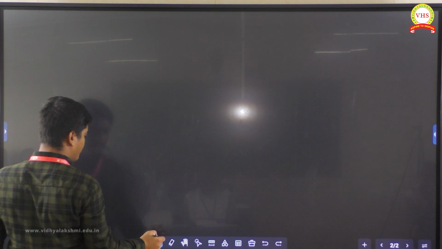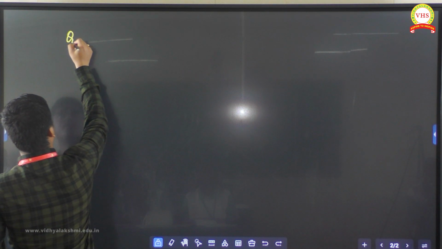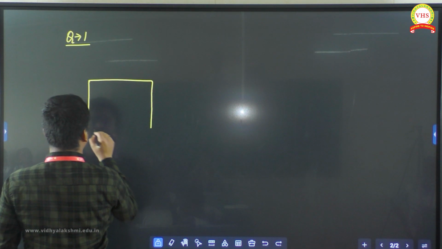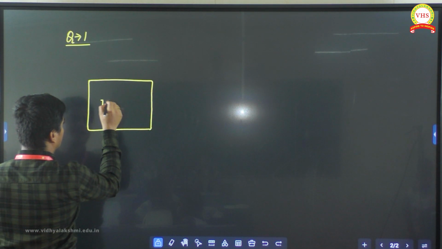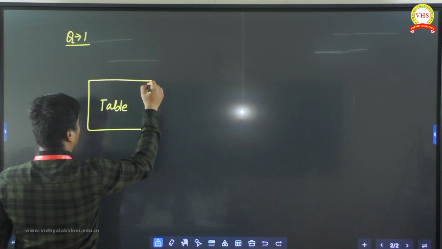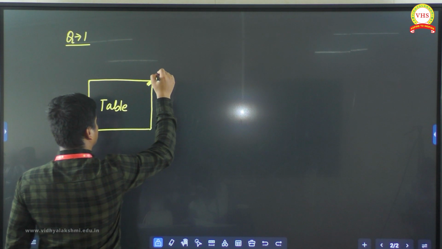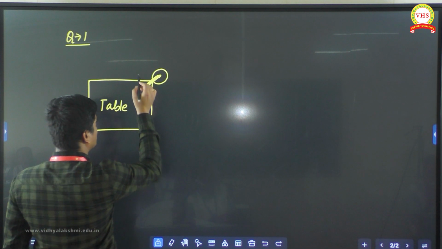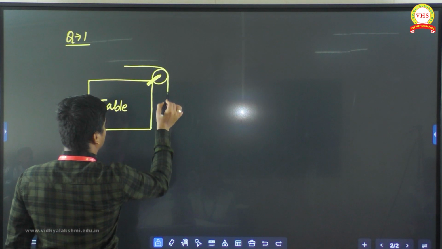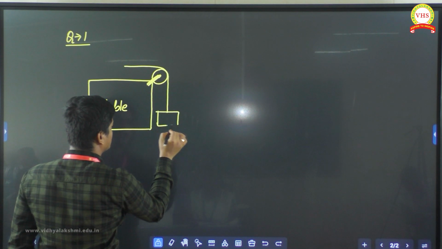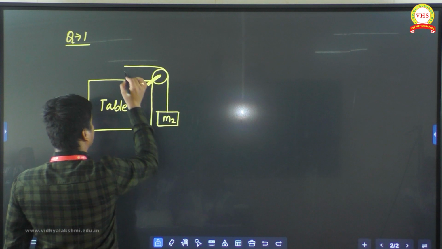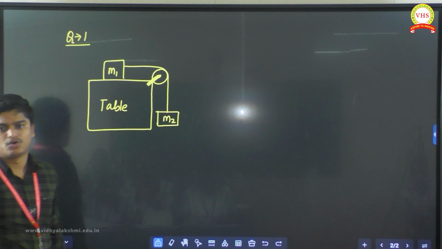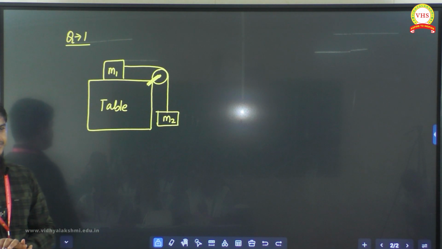So here I have a pulley block system in different configurations. Here one table is there. On this table, one support is attached. On this support, one pulley is connected, and one string is there. That string can slide over the pulley, and at the two ends of the string, two masses are connected. One is M1, another is M2.